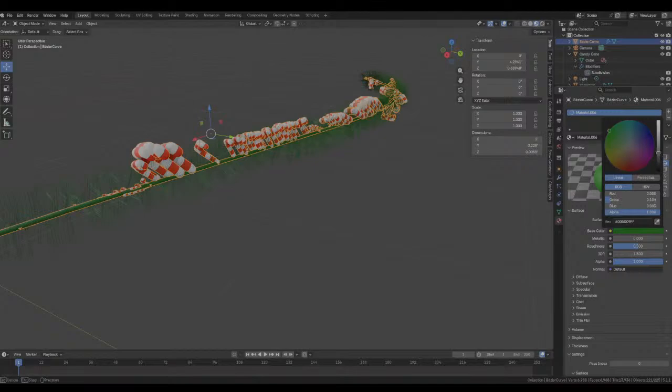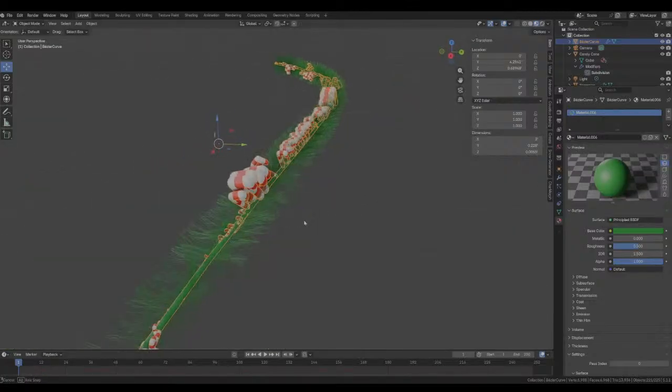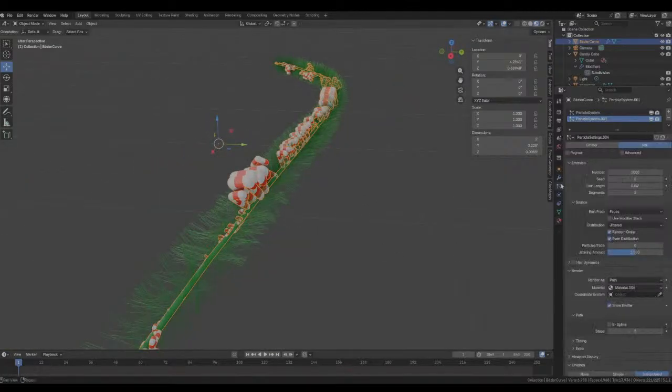And I'm going to do a spruce looking one. Okay, and we're going to go back to our particles.